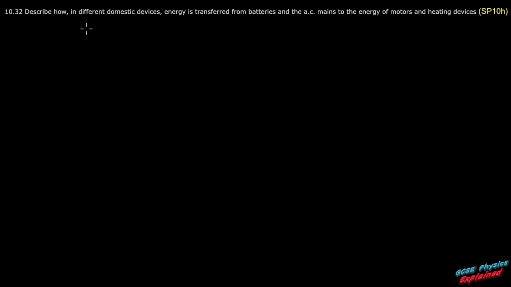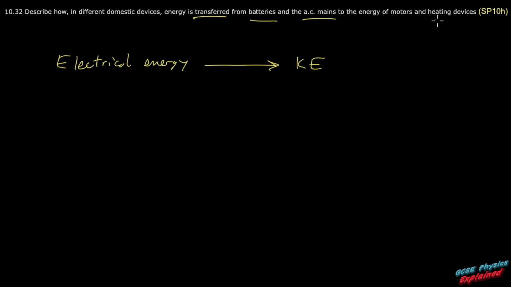32. Describe how, in different domestic devices, energy is transferred from batteries and the AC mains to the energy of motors and heating devices. So when they're saying batteries and AC mains, they just mean you're starting with electrical energy. When you're talking about transfers, you just do a little arrow going from one form into another. So when it's going into a motor, it's turning into kinetic energy. And if it's a heating device, it would be electrical energy